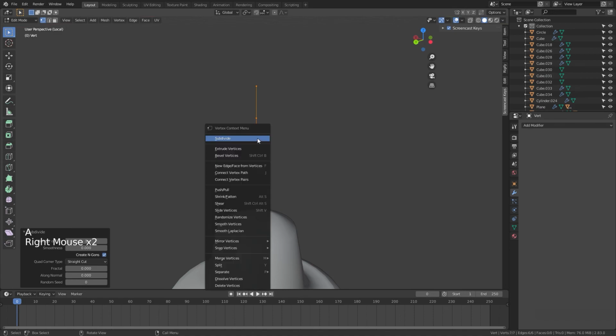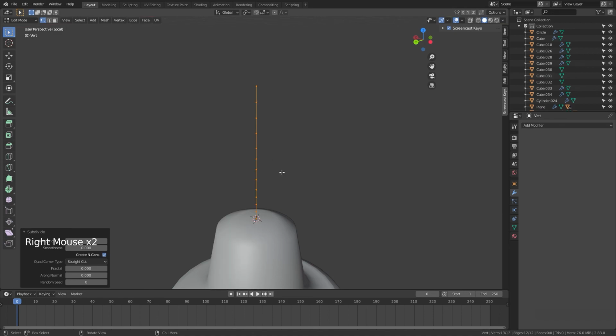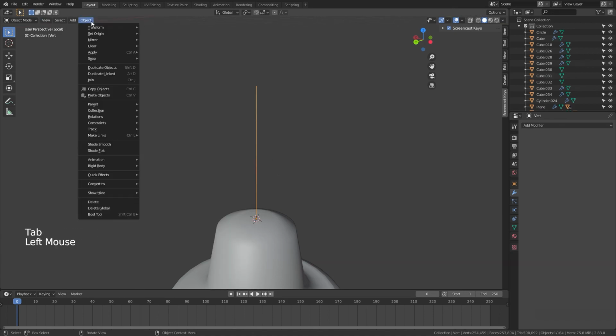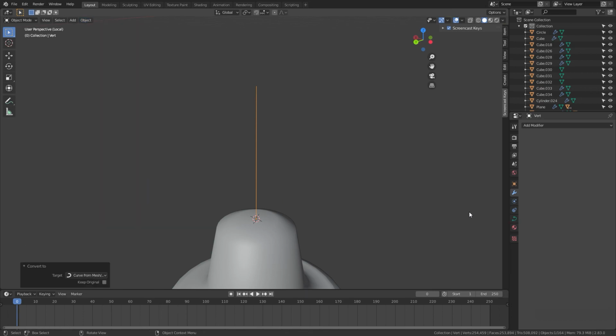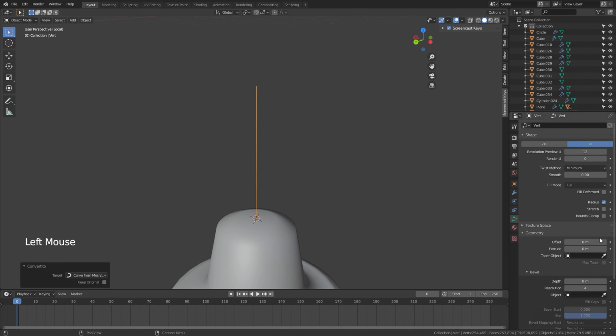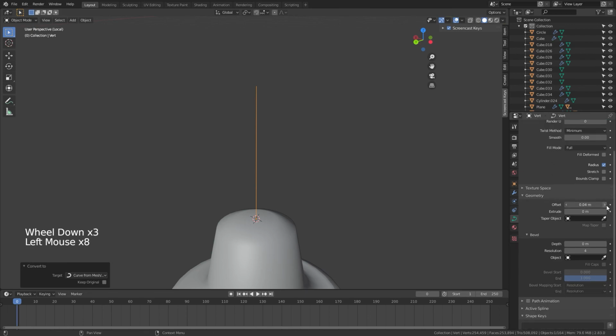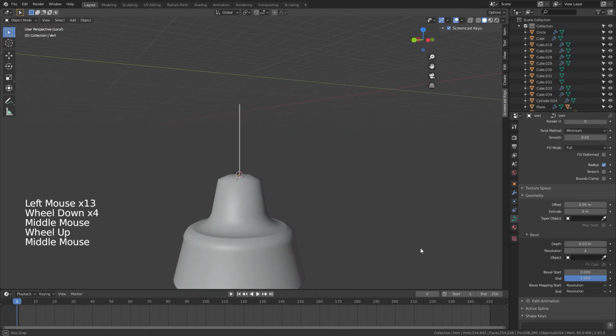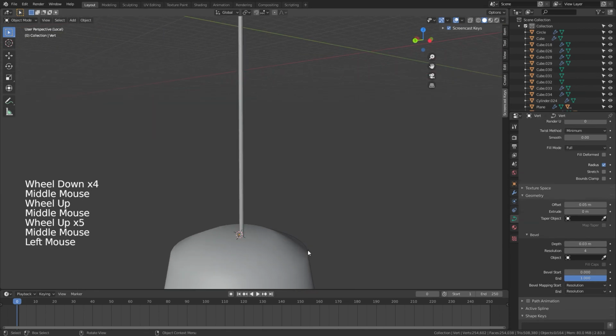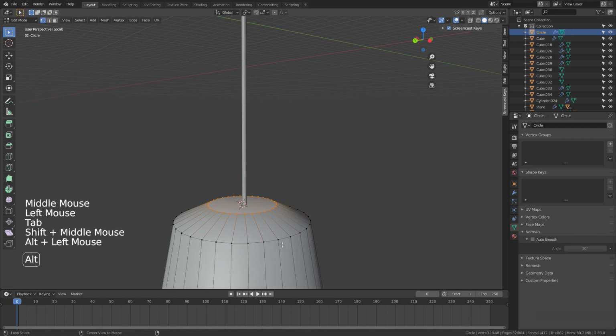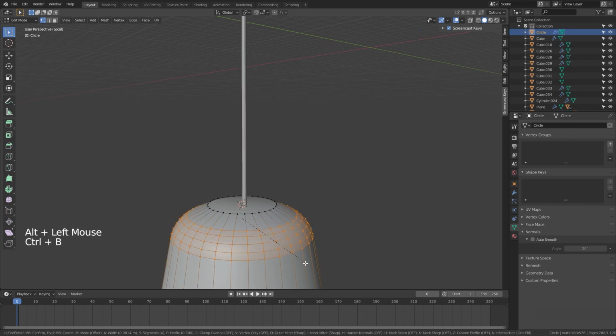We subdivide it 3 times, and after that we can convert it to a curve, and we will add some offset, some dip to the kind of wire for the lamp, and we can still add some bevel here for the lamp,